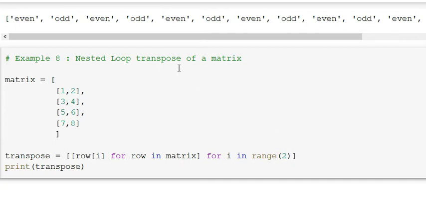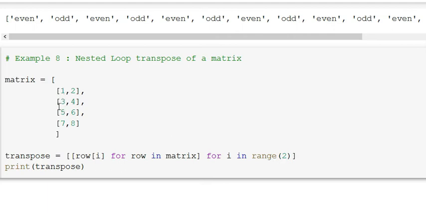Here is the example: calculate the transpose of a matrix. Here the matrix is 4 cross 2. It means there are 4 rows and 2 columns. There are 2 columns, so the outer loop will run 2 times, for i in range 2. And the second loop, for row in matrix, means the first row is 1 comma 2, and row of 0 means the zeroth value of the first row is 1.